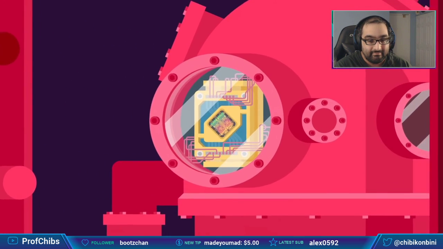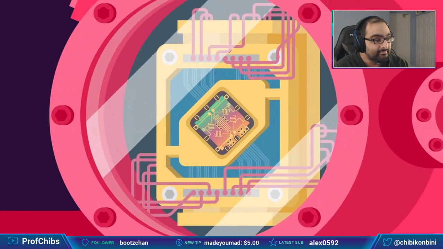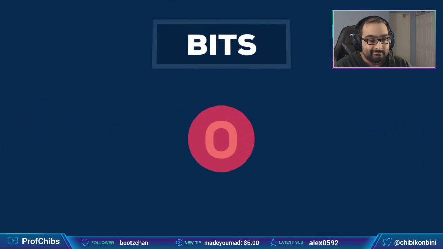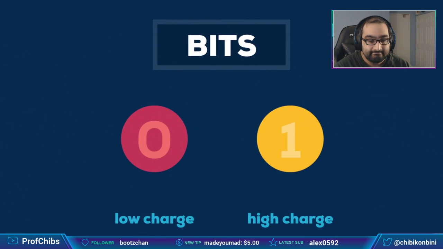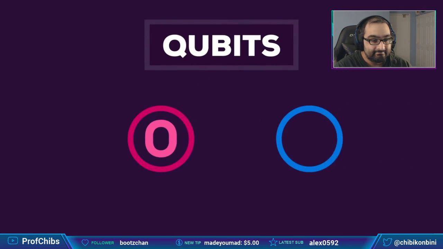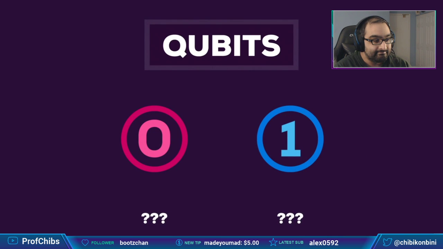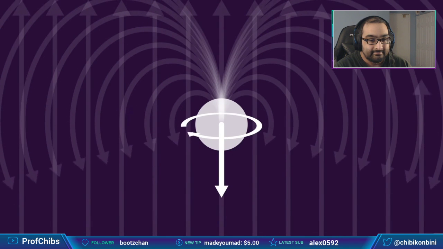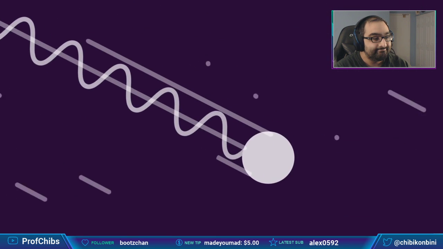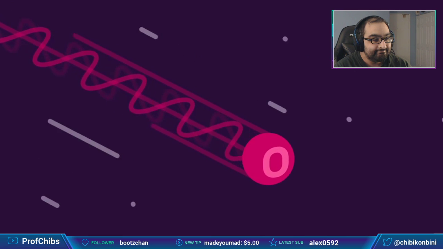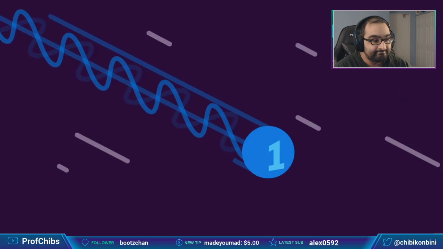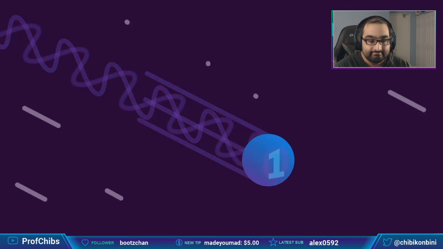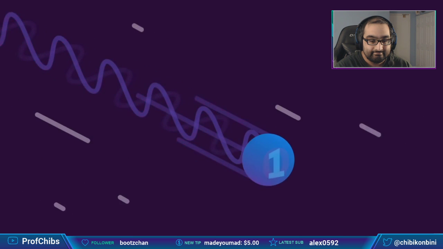To solve this problem, scientists are trying to use these unusual quantum properties to their advantage by building quantum computers. In normal computers, bits are the smallest units of information. Quantum computers use qubits, which can also be set to one of two values. A qubit can be any two-level quantum system, such as a spin in a magnetic field or a single photon. 0 and 1 are this system's possible states, like the photon's horizontal or vertical polarization. In the quantum world, the qubit doesn't have to be in just one of those, it can be in any proportions of both states at once.